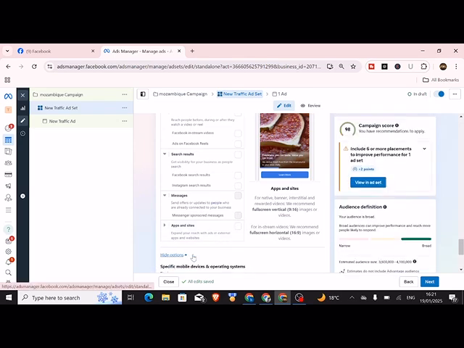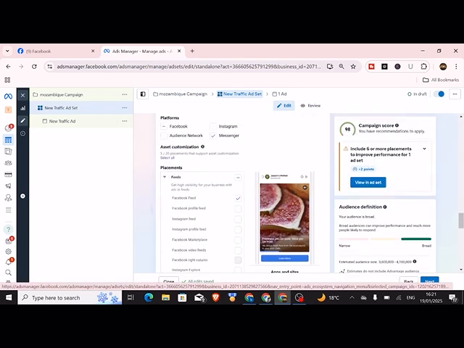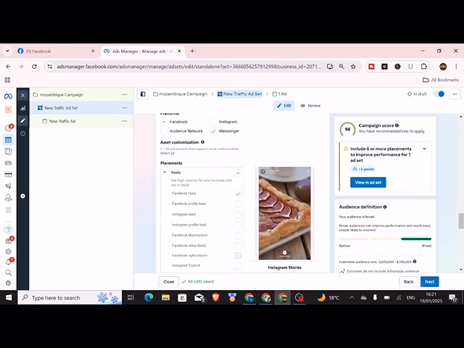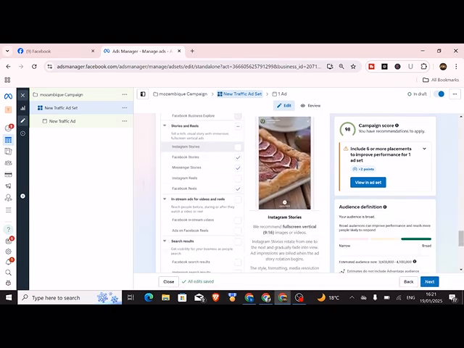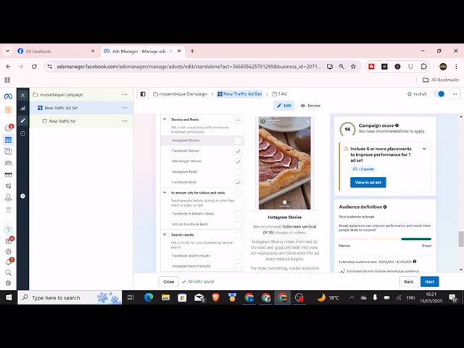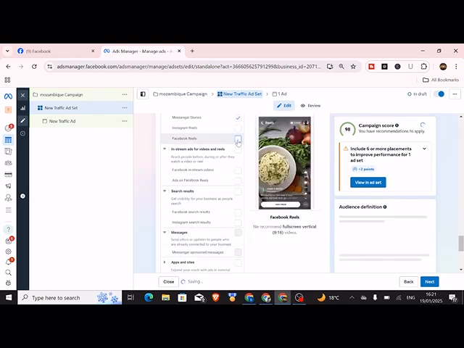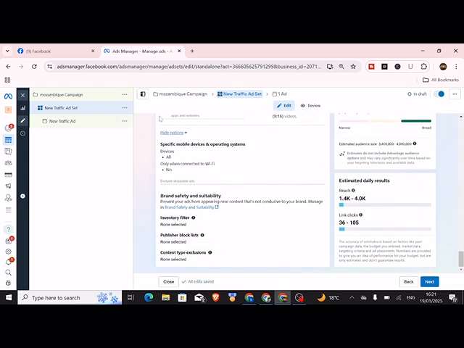Now we're going to click on show more. So let me just scroll up a bit so you can see what we ticked. So you don't have to worry about it. You can tick this to see what works. Facebook stories, Messenger stories, Facebook reels. Let's just remove the Facebook reels. So now we can see